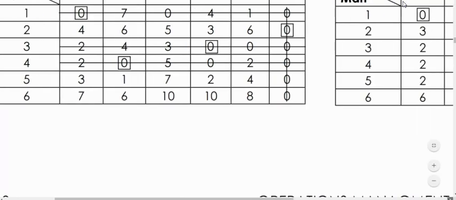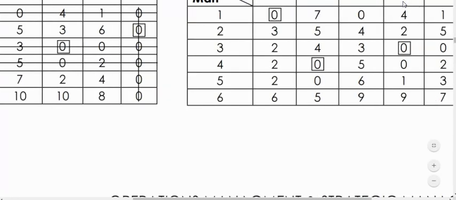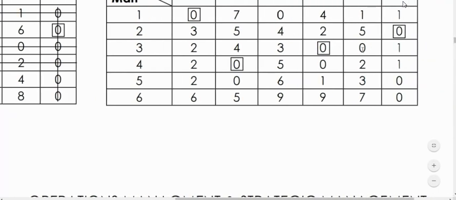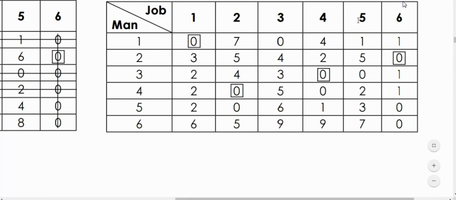So this is a new table. In this new table now, see, do you have zeros? So I have zeros here. I have 0 here in the fifth column. If you see the fifth column, you have 1 0. In the fourth column, you have one more 0. Do you have a 0 in the third column? Yes, I have a 0 in the third column. Do I have a 0 in the fifth and sixth column?